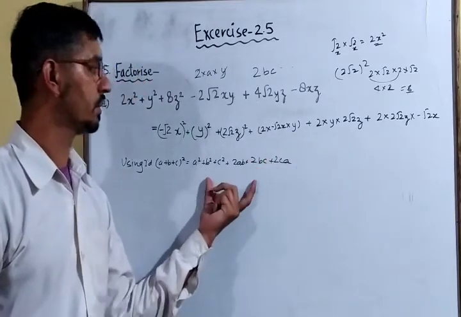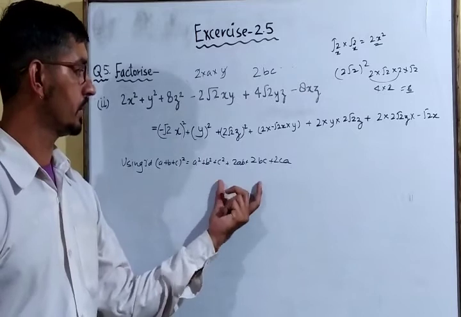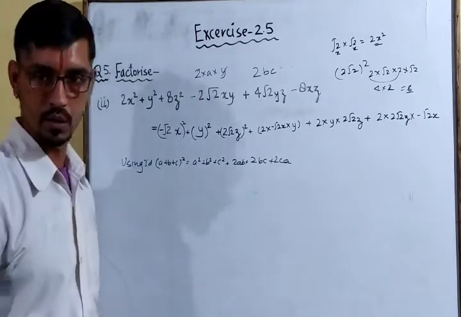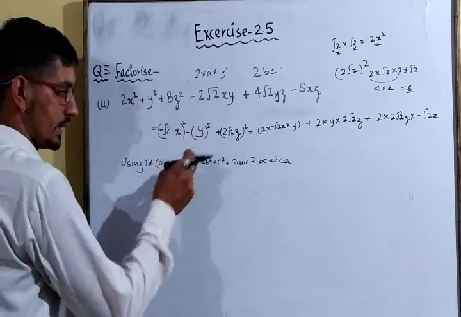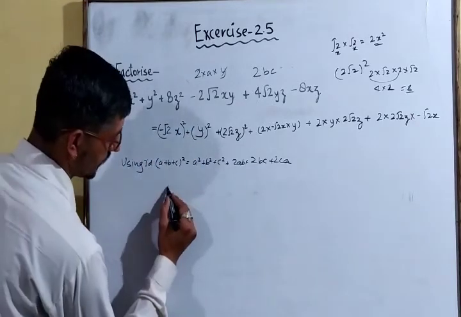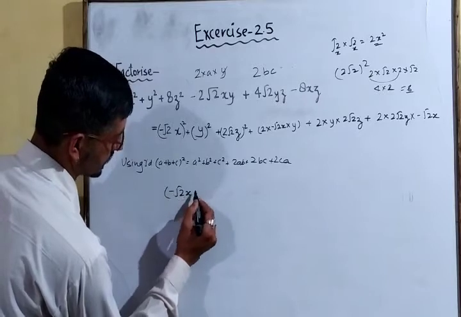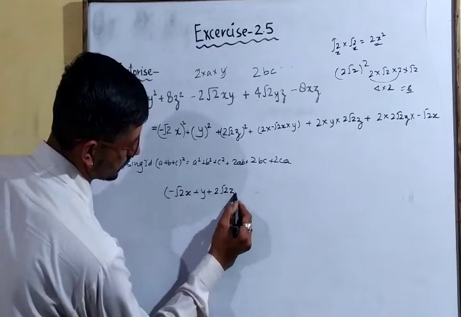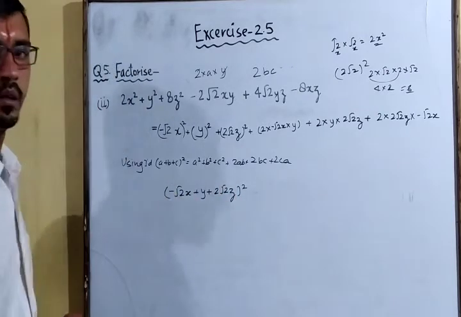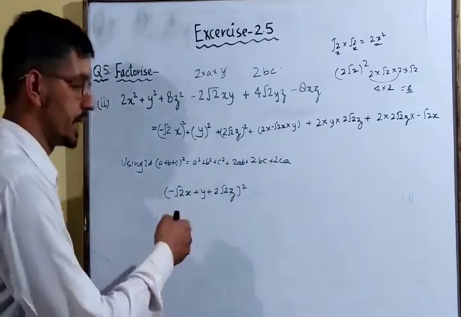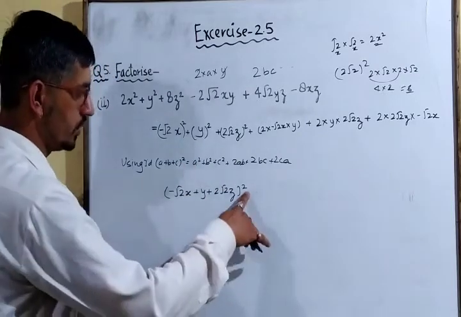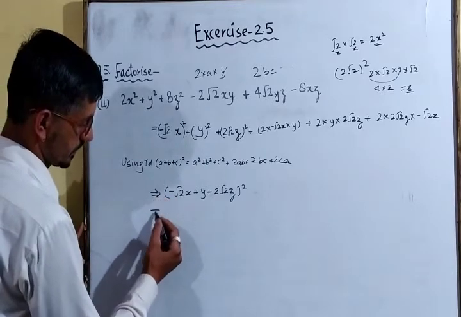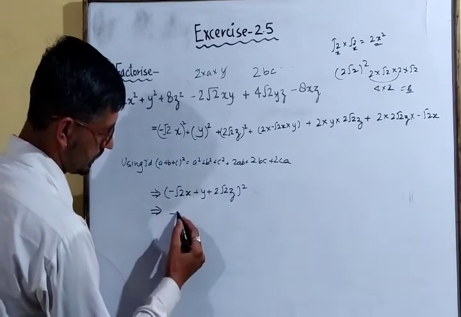This part is this. So this is the product of square of a plus b plus c whole square. So we can write this in the form of this. So it will form minus root 2x plus y plus z, 2 root 2z to the power 2. Because we have to write in its factors form, so in place of 2 we will write it in 2 times. So this is the answer.